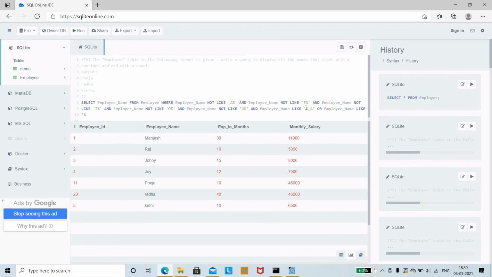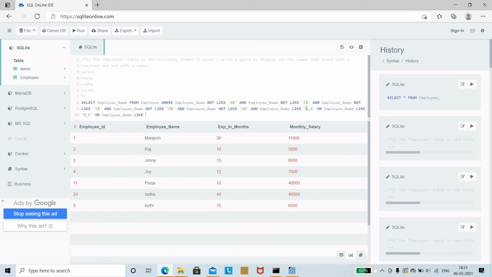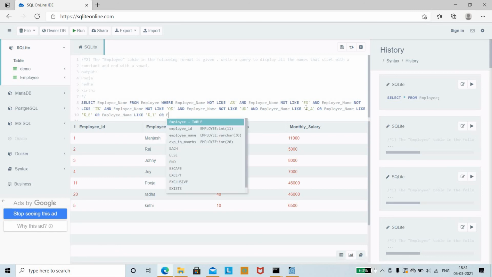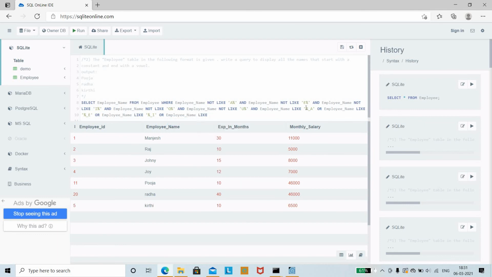The next one is E, so underscore E. Then again or employee_name like, so AE followed by the percentage, then I. Again or, then employee_name like, so AEI is done.